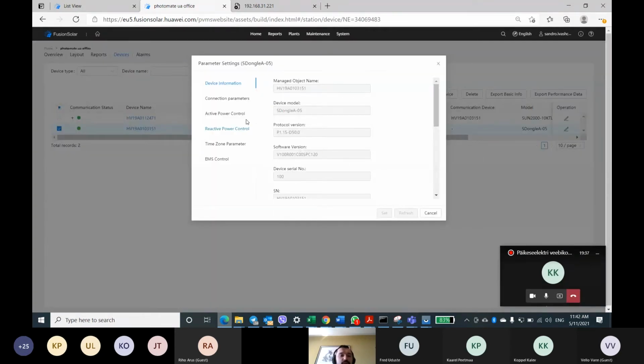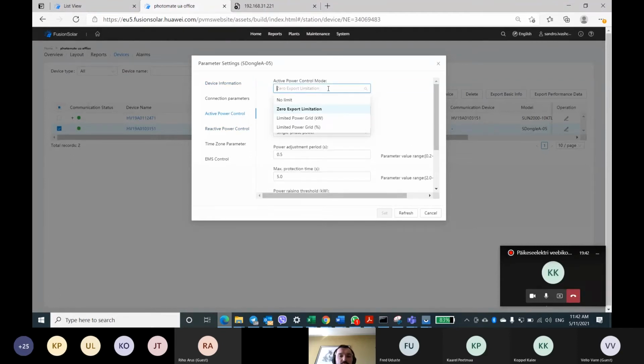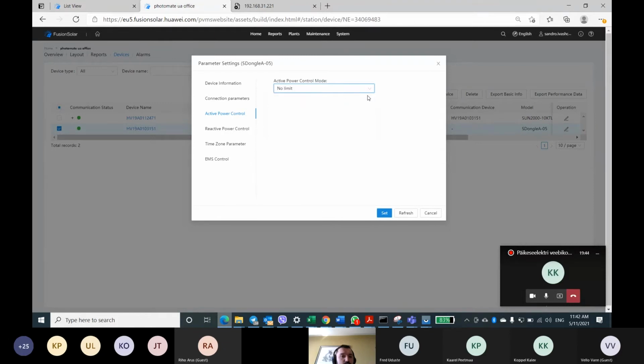Now we need to choose active power control, and here in the menu the standard one is no output, so nothing. It means that the inverter is not controlling the export to the grid, so it has no closed-loop controller.